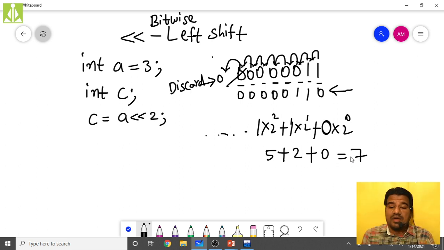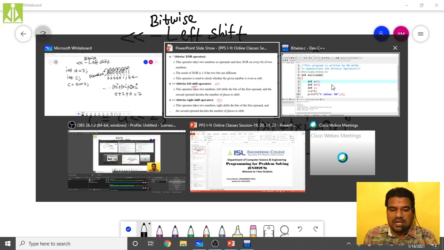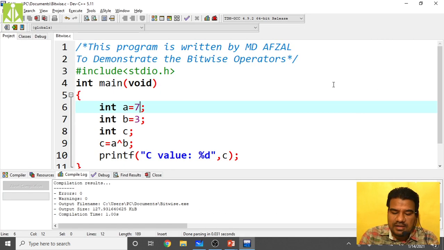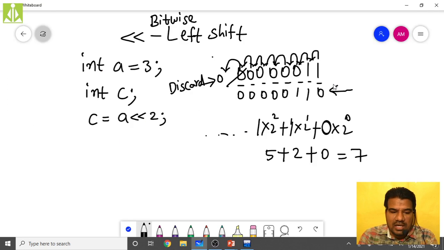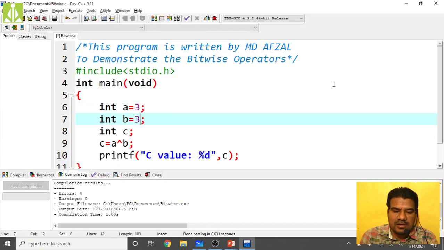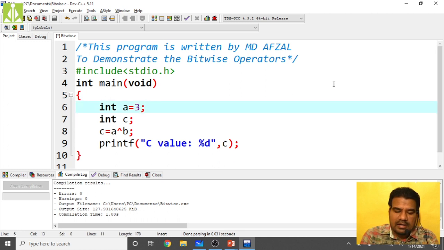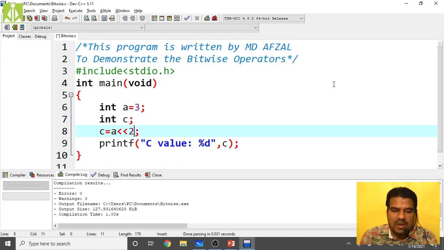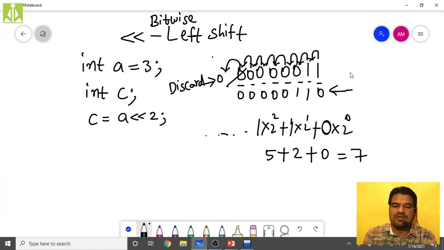So quickly we go and see whether it is correct or not. Okay, I think we have to add 1 over here, but let us just see what value we will get. So here we took the value 3, isn't it? We took the value 3 and performed the left shift operator. So here remove this one. So C we took, and inside this we said perform bitwise left shift, and we said twice. So we performed only once, right? We performed only once here. So let us take this as 1 only.